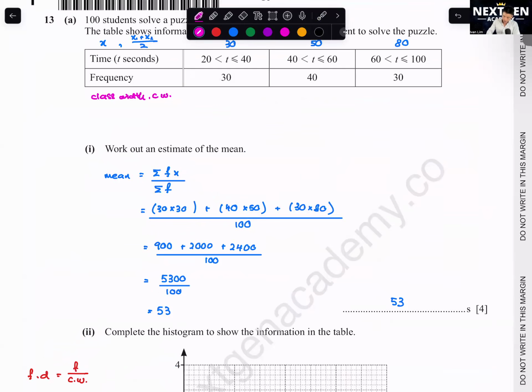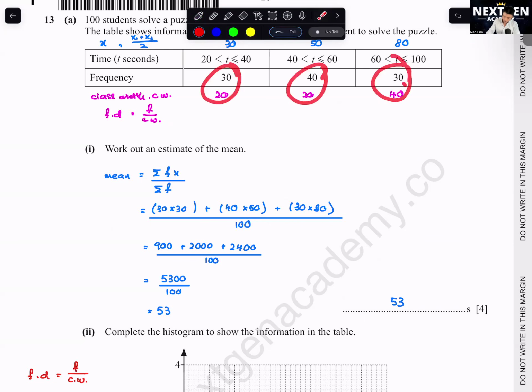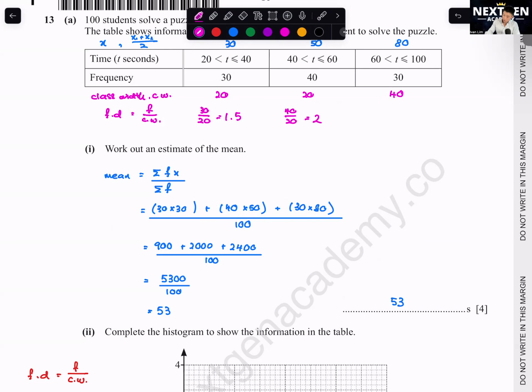Okay, you will take the x2 minus x1. 40 minus 20, 20. 60 minus 40, 20. 100 minus 60, 40. Okay, so FD equals F over CW. You just need to take all divide. So 30 over 20, 1.5. 40 over 20, 2. 30 over 40, 3 over 4,